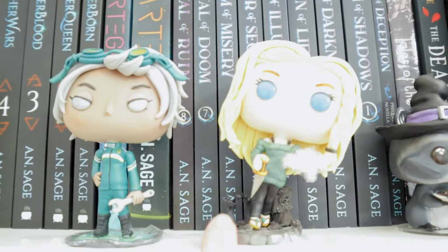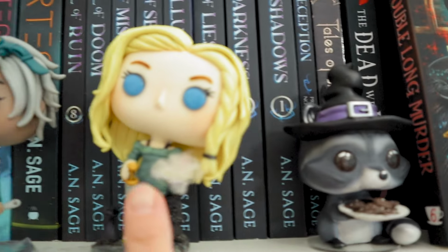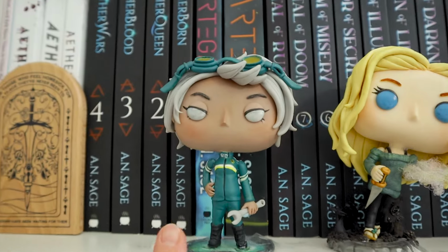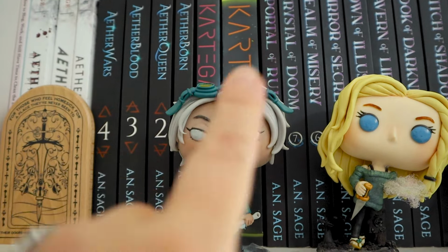And then we've got Billy, so you can see them better. Here we go. So we've got Billy. There's Harry Houdini again. We've got Billy over here from Shadowhurst right behind her. We've got Sid from Cortega, and I'm going to have some news on Cortega because I might be combining these